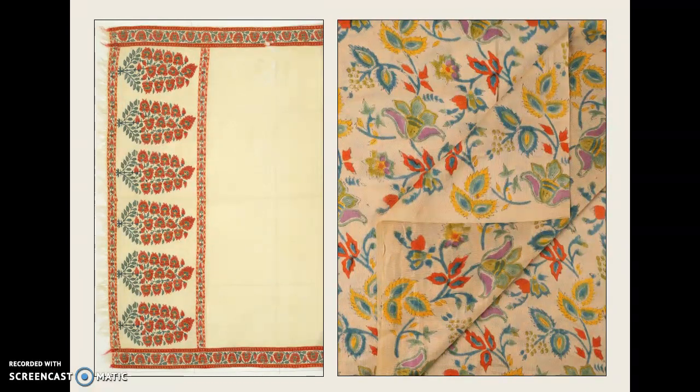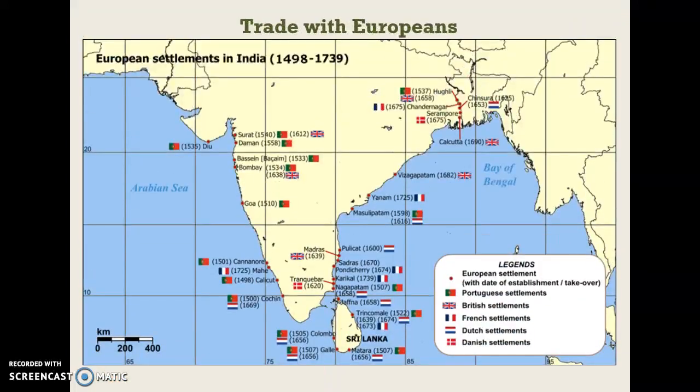Now India, and if you remember from last year, was the part of the world at the time to really specialize and start developing cotton textiles. These cotton textiles would influence the British textile industry, which we'll get to later when we talk about the Industrial Revolution. Going back to this map, European nations such as Portugal, England, and the Netherlands competed for the Indian Ocean trade by establishing coastal trading posts as well as trading outposts within the country.